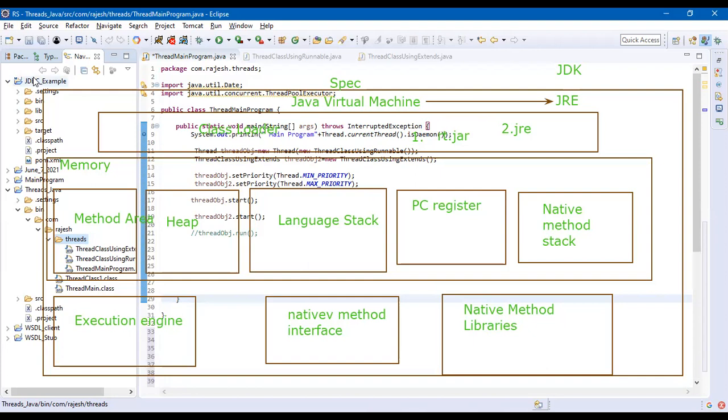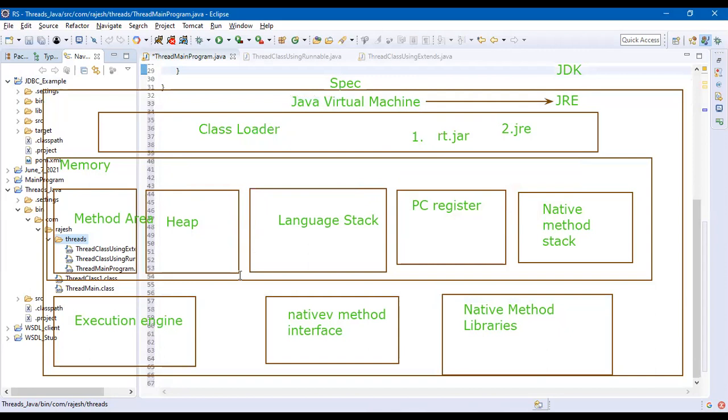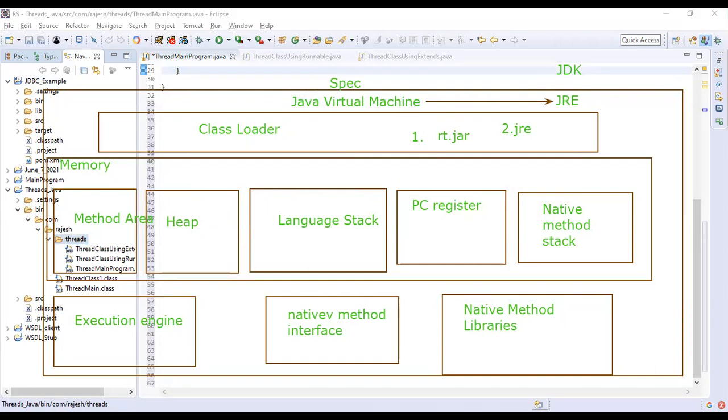Okay. The JVM loads this into the class loader, the first box which I am telling. This will load the files into the JVM from the hard disk. Okay. Now I'm good. So the class loader's responsibility is to load the files. Point number 1, rt.jar: load the file from the system library, the JRE library, into the JVM. Point number 3, if the user has provided their own custom library into the JVM.